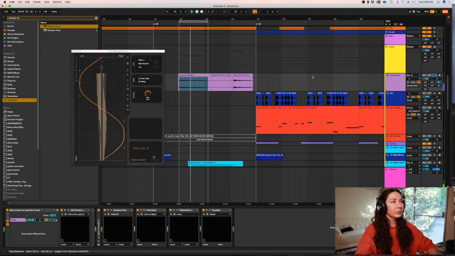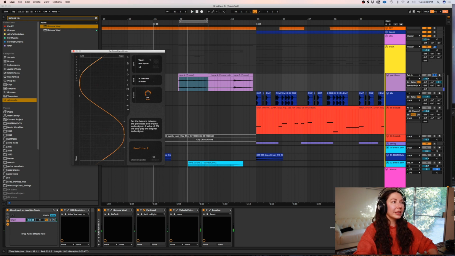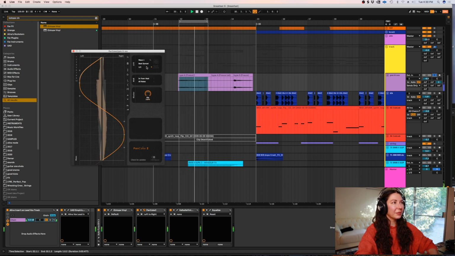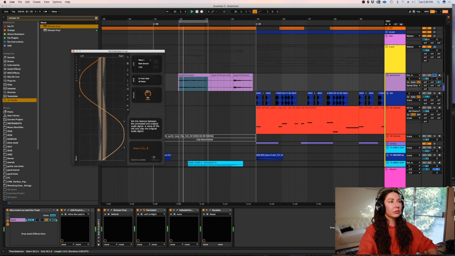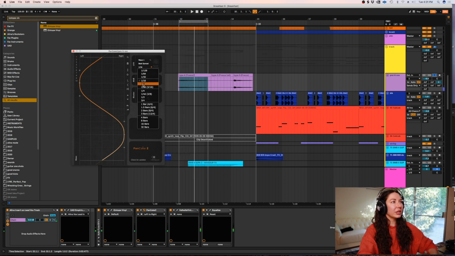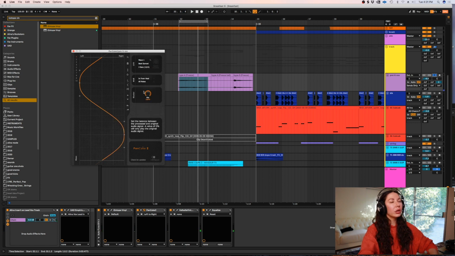Like I can demonstrate it on this vocal right here. So basically it's panning left and right. Very, very simple. I can set the amount that it's doing that. Not doing it, doing it, right? I also can set the rate it's doing it at. So I can do like 16th notes. I mean, it's kind of crazy, but it's pretty fast. Or if I wanted a very slow one,